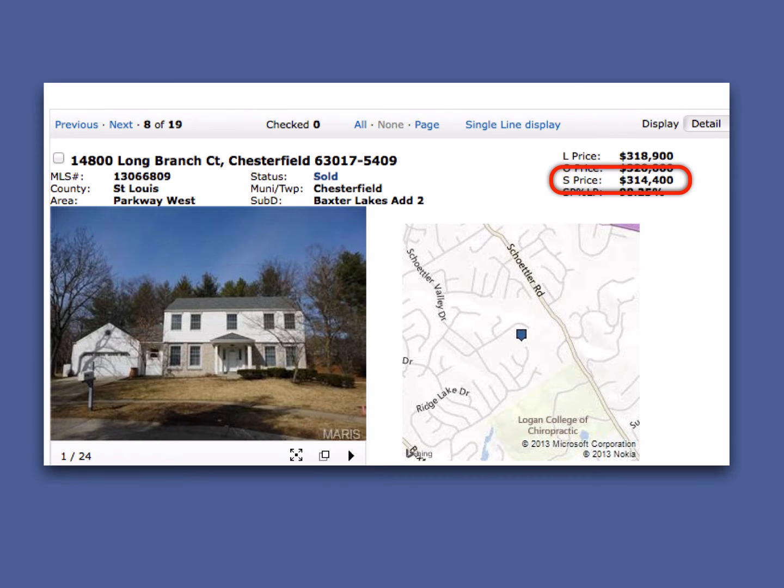So we know what we said the property was worth. Our valuation tool said about $309,000. Zillow said $299,000. Let's see what the property actually sold for. This property sold recently, and there's no better indicator of what a home is worth than what it sells for when it's placed upon the open market and sold to an unrelated party in the open market. That's what happened here. And so it sold for